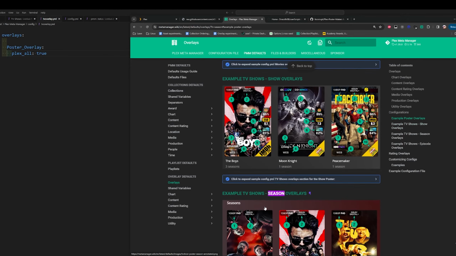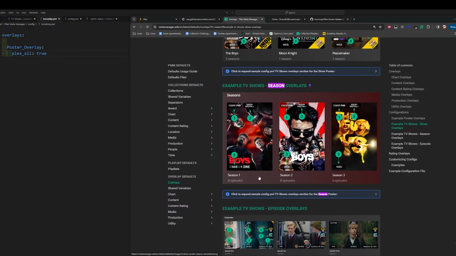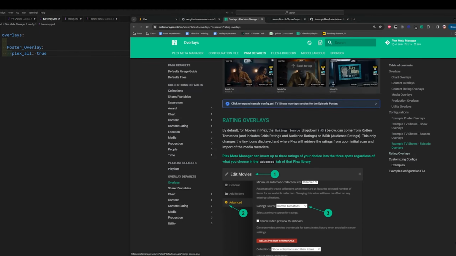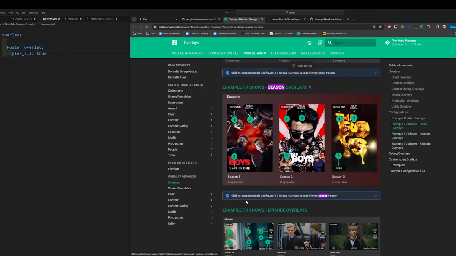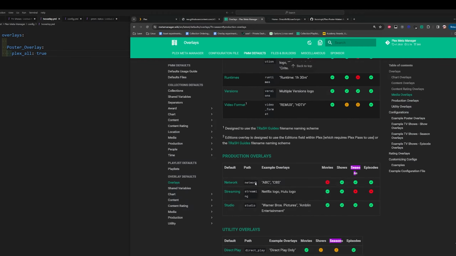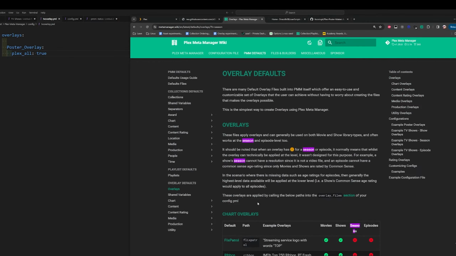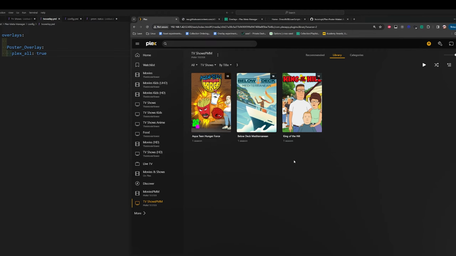And then of course, if you don't specify a builder level at all, that assumes the topmost poster. So the very first poster you see, the show poster, followed by the season poster, followed by the episode poster or the episode overlay. So check out the overlays on the wiki just for further reading. But I'm going to focus right now on the top level, the show poster, and something that